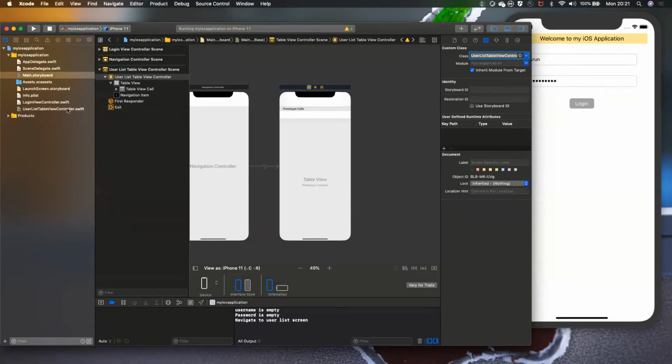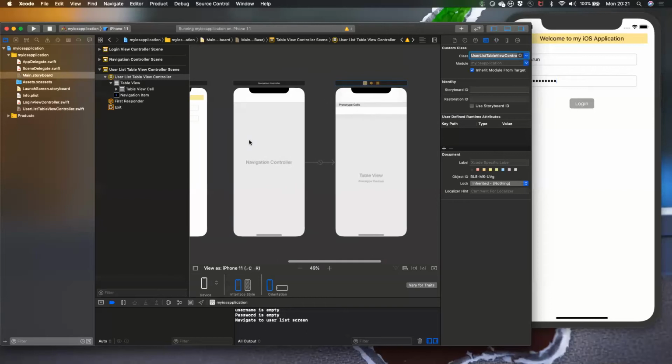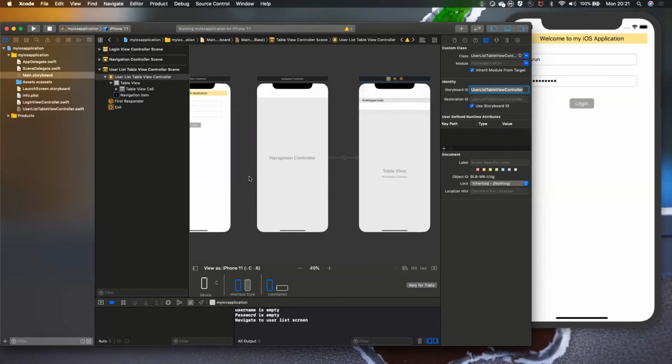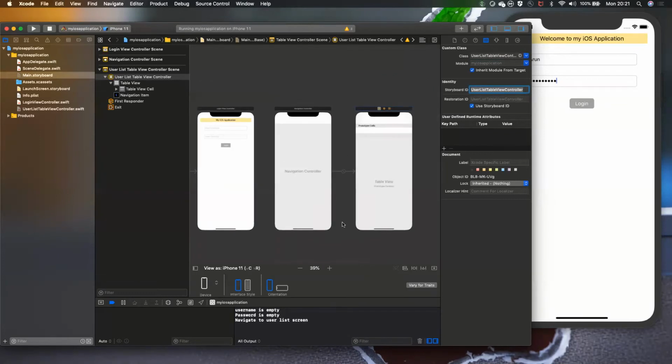Again, you need to do the same thing, linking the UI to the class file. In this case, you need another attribute as well. So just copy the class name. It will be the storyboard ID. I'll paste the view controller name here and click use storyboard ID. This is needed when you click on the login button. It should navigate to the next screen, right? We have multiple view controllers, so each view controller will have a unique identifier. That is this.